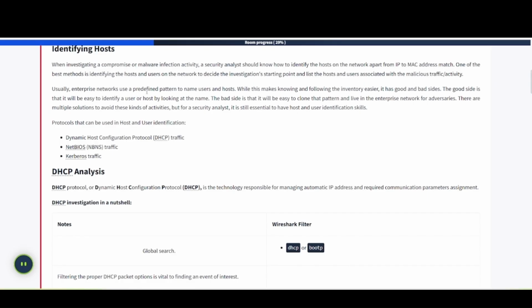Usually enterprise networks have a predefined pattern to name users and hosts. While this makes knowing and following the inventory easier, it has good and bad sides. The good side is that it will be easy to identify a host or user by looking at the name. The bad side is that it will be easy for adversaries to clone that pattern and live in the enterprise network. There are multiple solutions to avoid these kinds of activities, but for a security analyst, it is still essential to have host and user identification skills. Protocols that can be used in host and user identification: